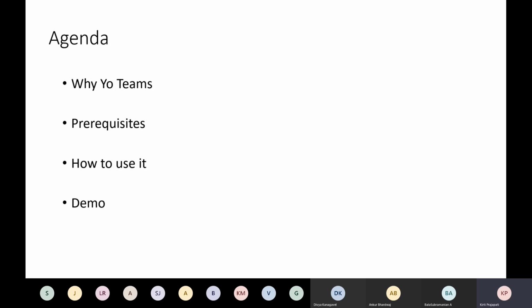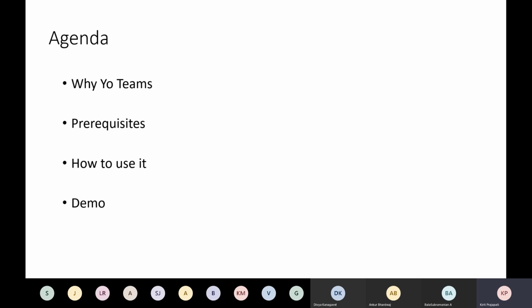And along with that, the capabilities for better collaborations as well. So to develop certain solutions and make it easy to use and available as a centralized solution for the organization, the Yo Teams generator comes into the picture, and we are going to use that. So today I'm going to discuss